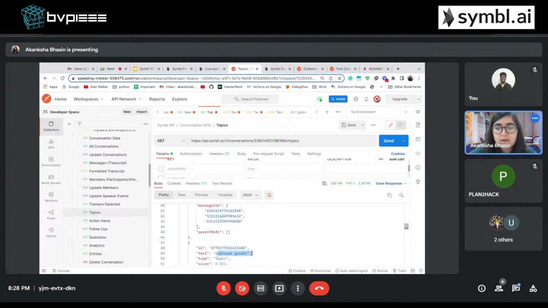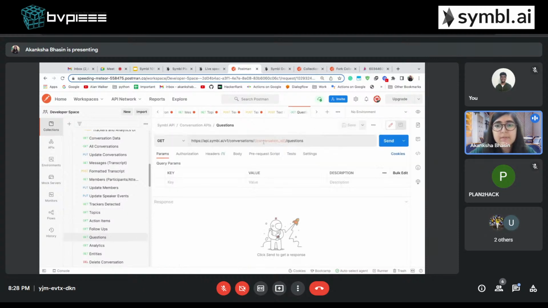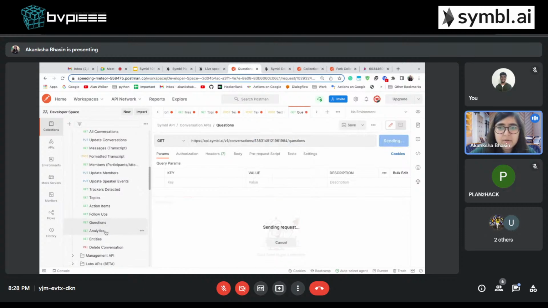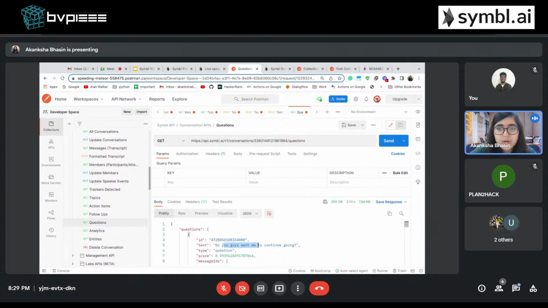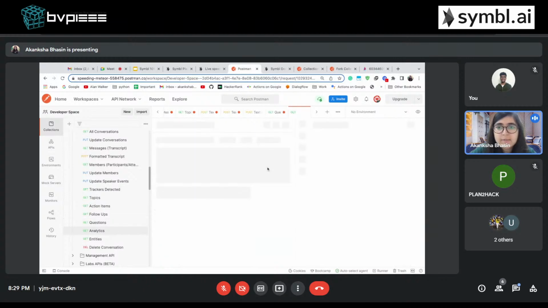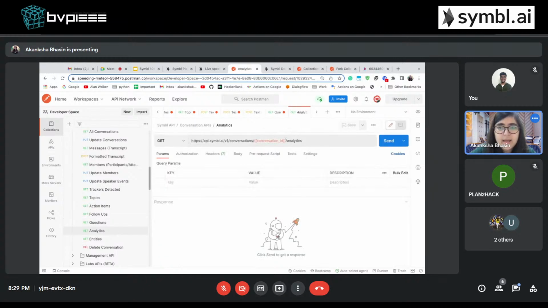So they are all already talking about the growth of the company, employee count. So yeah, there are NPS scores. So this is something like Google Earth. So there might be something different that could be talked about. We can similarly find out the questions as well, like what were the questions, and we can also get analytics. So do you want me to continue going? So what are quarter goals? And similarly, you can get those analytics as well.